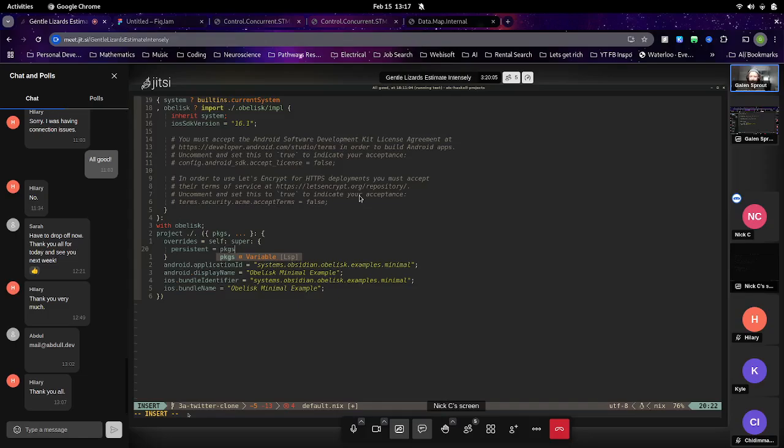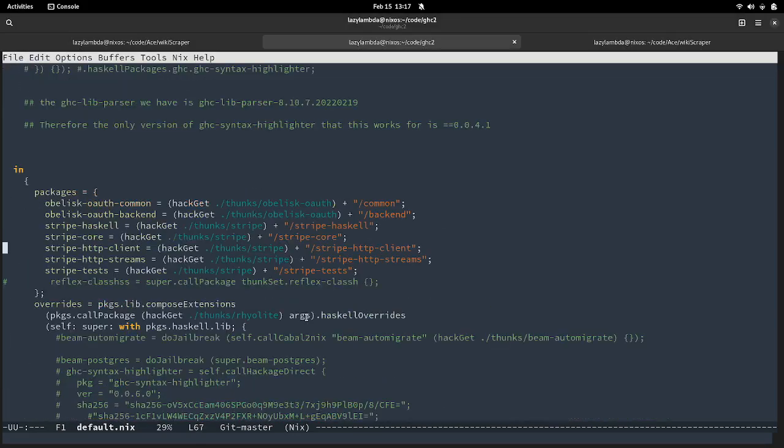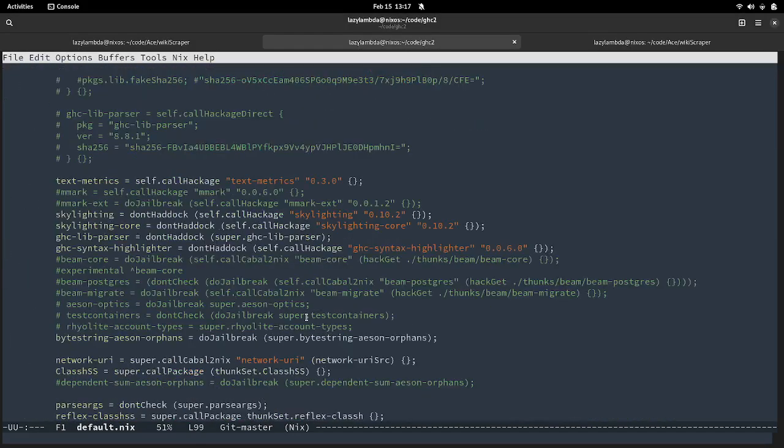Okay, but so packages.haskell.lib.dontCheck, I'm trying to remember. It is just as simple as super. Yeah.